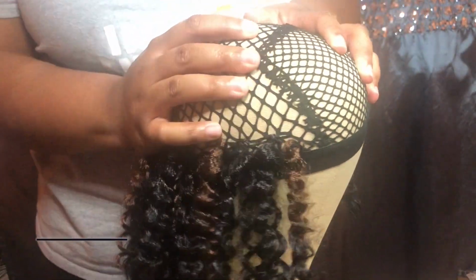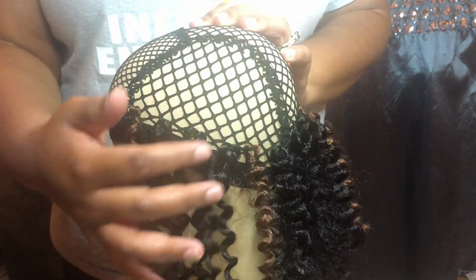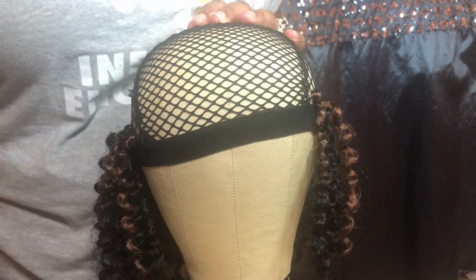Alrighty, so as you can see, I have already started going into the sides. I'm building up the back and bringing up to the sides. I'm just following that same pattern and method that I told you, putting it in through a downward motion, bringing it through the loop. And I have some color here,